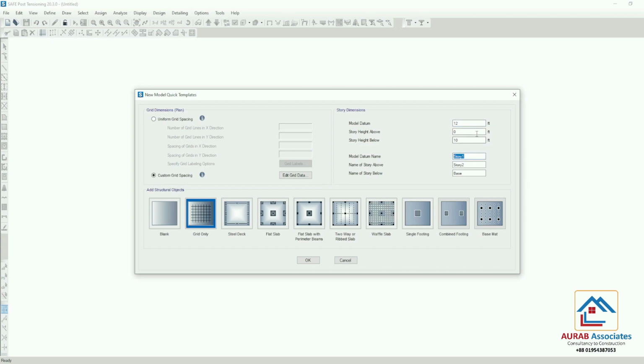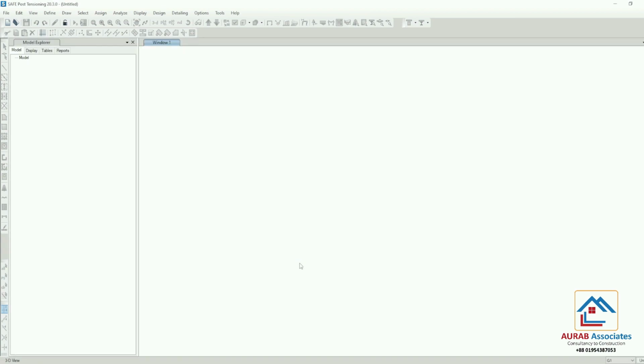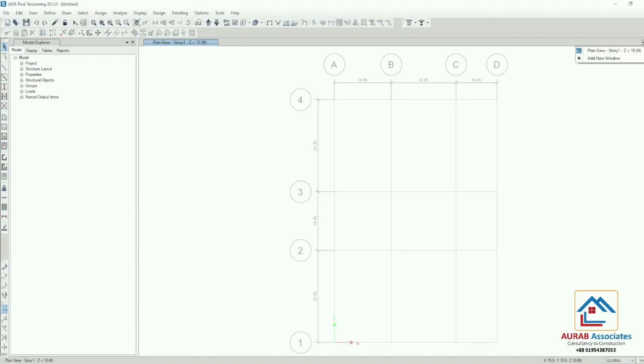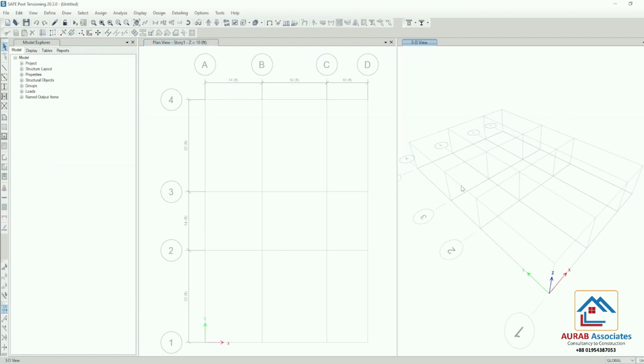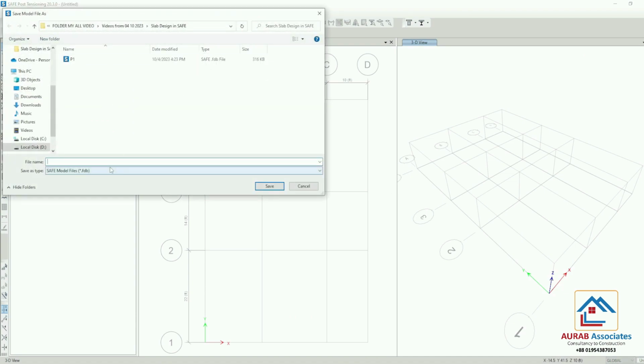That means story 1 to story height below, the height will be 10 feet. Okay, that means we are considering a single story of 10 feet height. Click on OK. Here you can add another window to see the 3D view of this model. Now we can save this one.